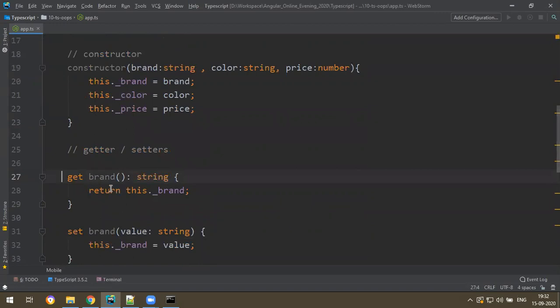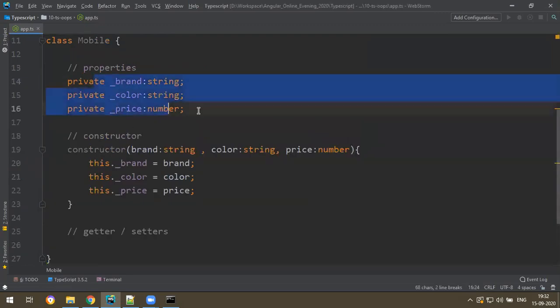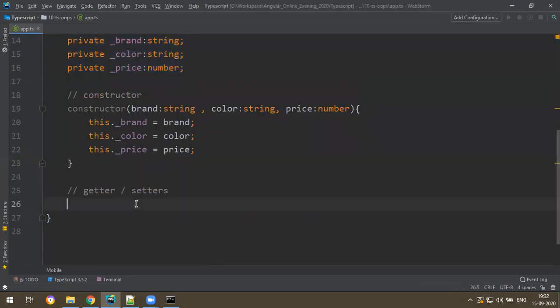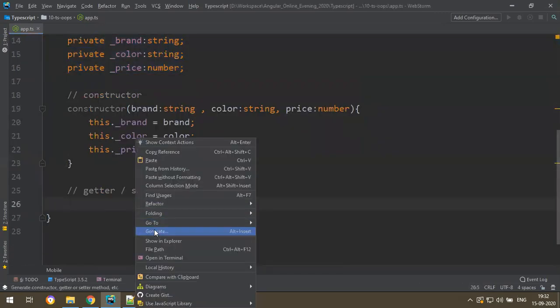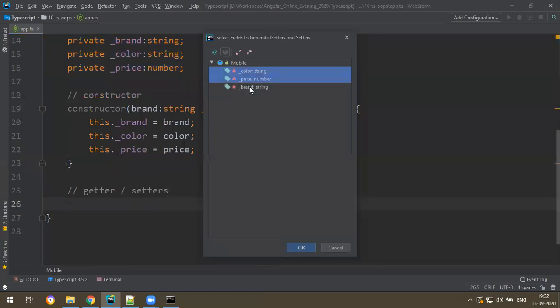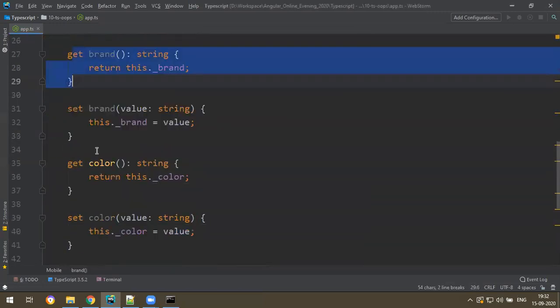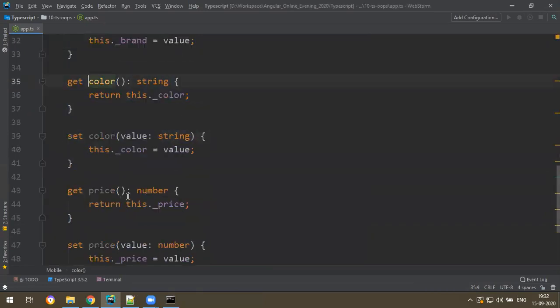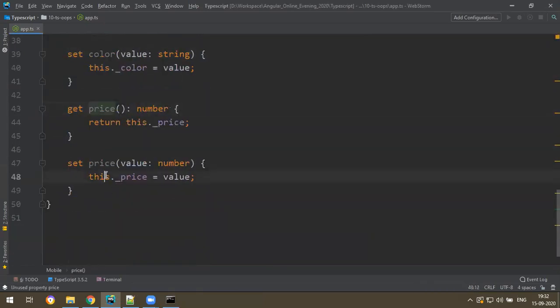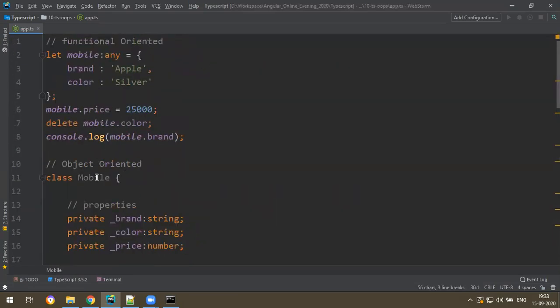I repeat: if you want to generate the getters and setters for all these properties, keep the cursor here, right click, generate, select getter and setter, select all the properties. So you got get brand, set brand, get color, set color, get price, set price. These are the functions available to access the properties of this object.